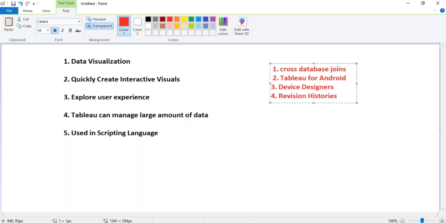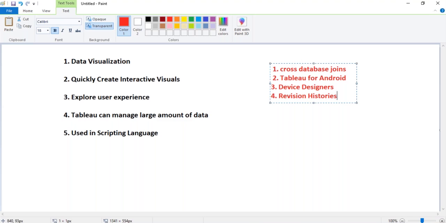And one more important feature here is revision histories. Want to switch back to an earlier version of a workbook? In Tableau, we start with workbooks only, I'll let you know that. You can do it now with considerable ease, as this can be done with a single click in Tableau 10. We are using the Tableau 10 version in the current situation.